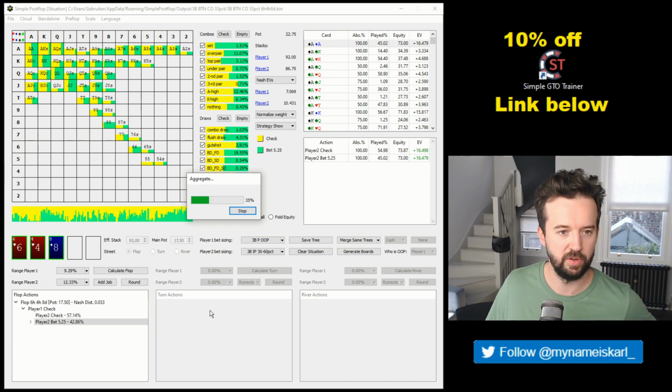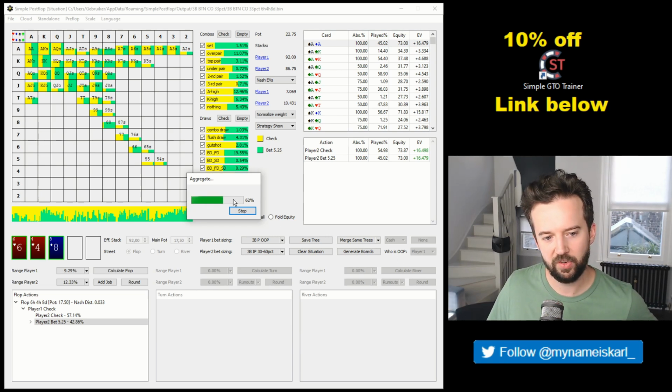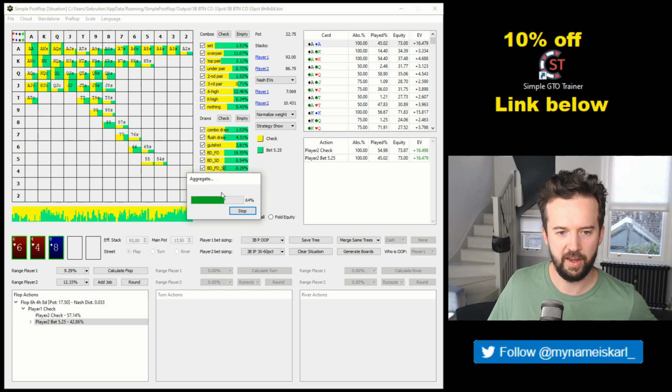I have solved 74 flops with this specific game tree. If you want to quickly switch from the results from one flop to another, this is how you do it. So you merge them, you aggregate it, and then